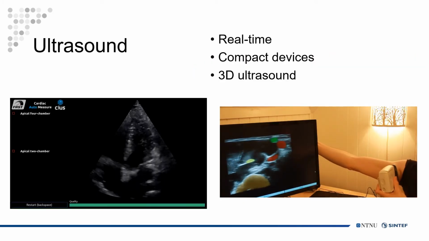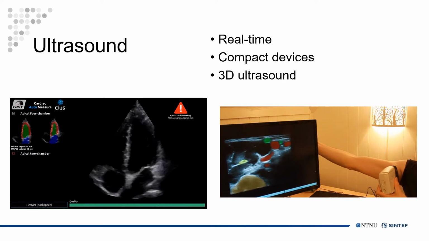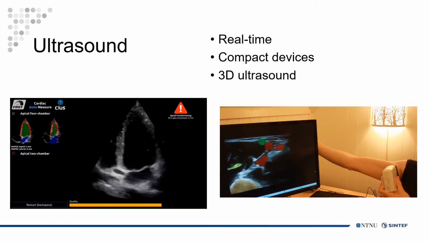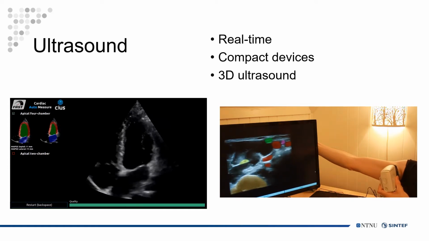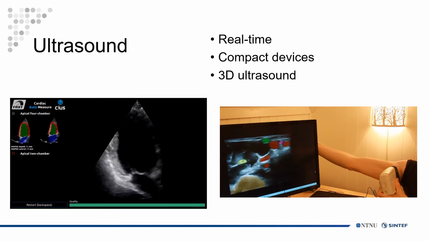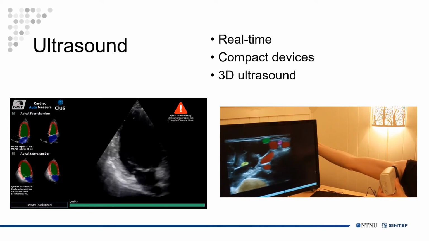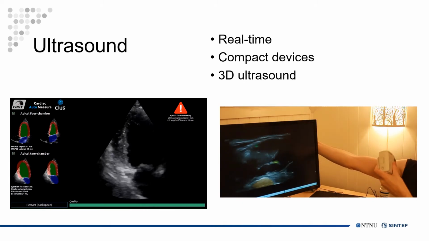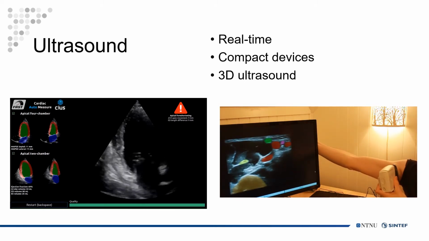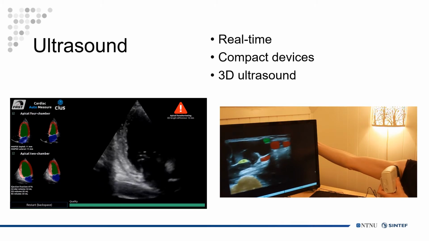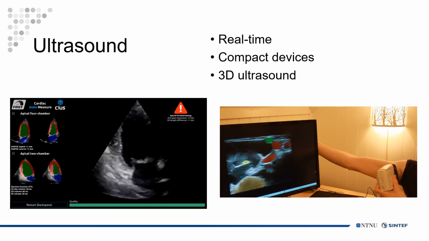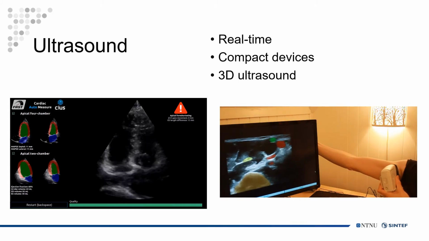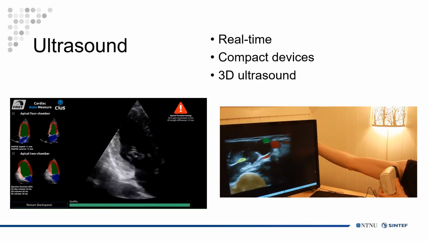In ultrasound, the images are typically much smaller, but ultrasound images are captured in real time, typically with a frame rate between 10 and 50 frames per second. Usually we want to process and visualize the results in real time, as shown in these two examples. At the left, we have an example of measuring the pumping efficiency of the heart automatically using neural networks while scanning. At the right, we're scanning the arm and automatically identifying blood vessels, nerves, and bone in real time using